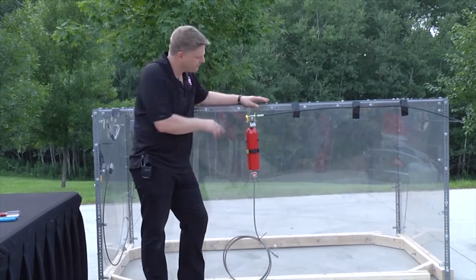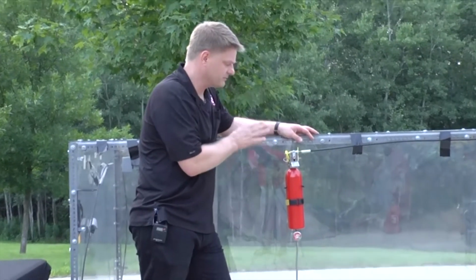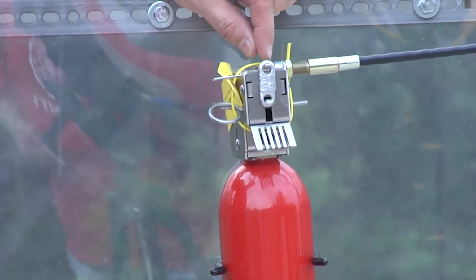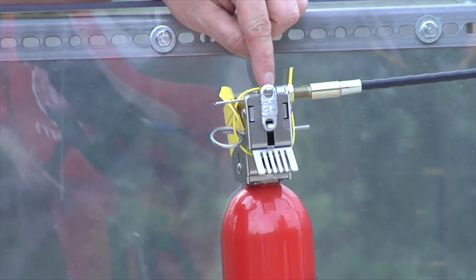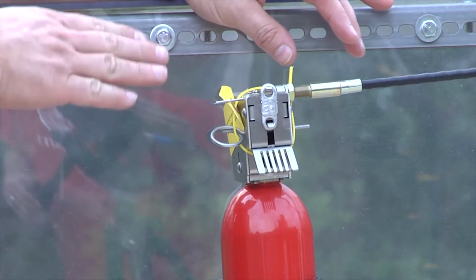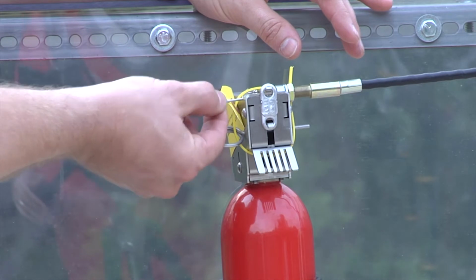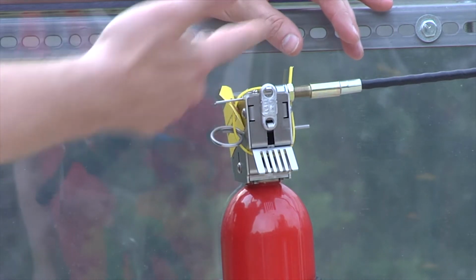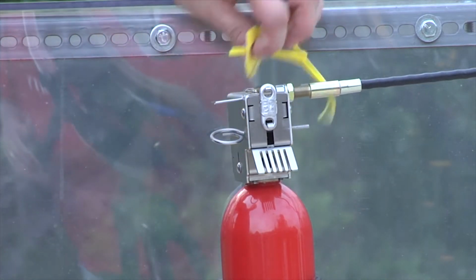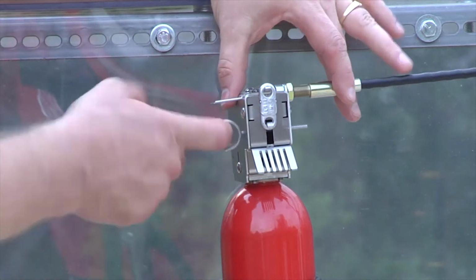Okay, so before I pull out this safety pin, you need to double check to make sure the fusible link is securely in place, and that the clip here on the top is also securely in place. Once I pull this pin out, all of the mechanics inside, the spring, the pressure is going to be pressing down on the manual release pull cable wire inside of it. So now it's time to remove the zip tie. Everything looks good. I'm going to pull this out,